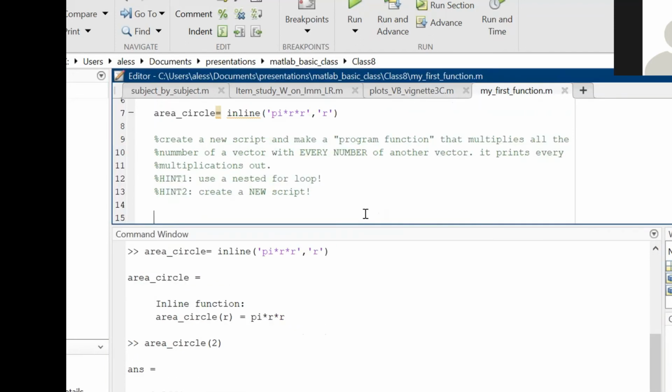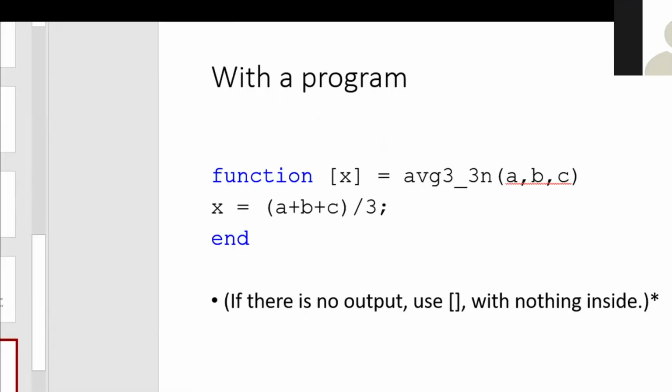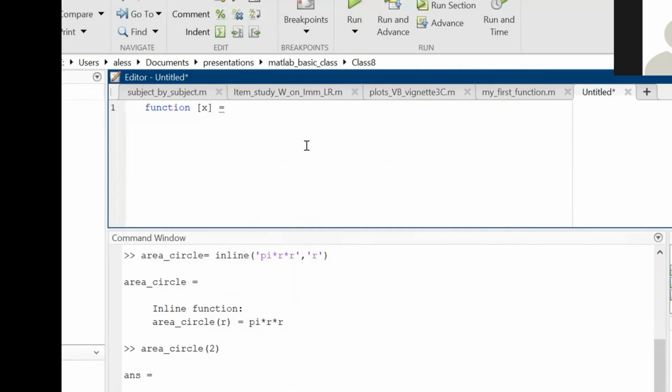Create a new script and make a program function that multiplies all the numbers of a vector with every number of another vector, and it prints every multiplication out. I would say let's start by creating just a new script. Okay. So it would be like function brackets x equals. So the first thing is just choosing a name for the function. So, for example,